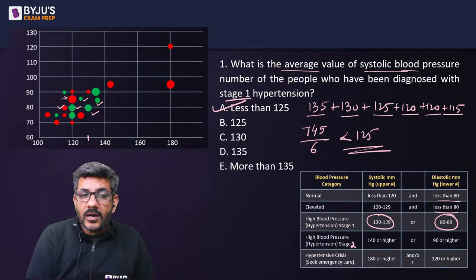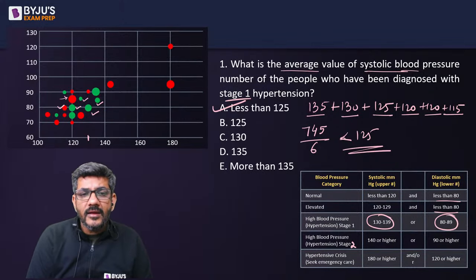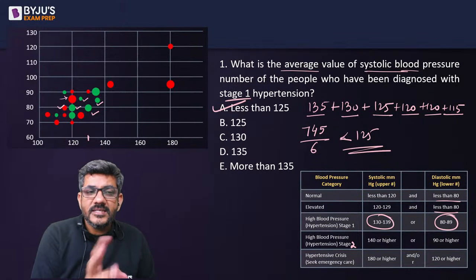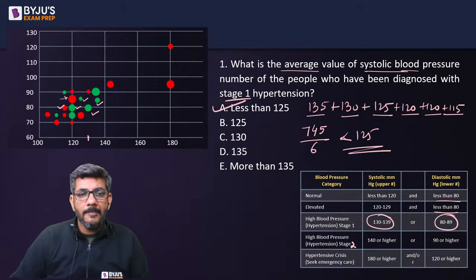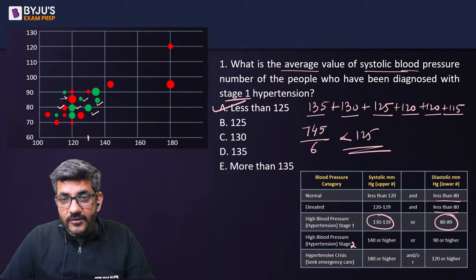These 2 people would be counted, of 130 and 135. All the ones I have ticked are being counted. 2 of them are counted because of 130 to 139 and the remaining are counted because of 80 to 89. Those who fall in the 80 to 89 range have all been counted according to that. Okay. So that's all it is about. So I hope you have got the answer for the first question.